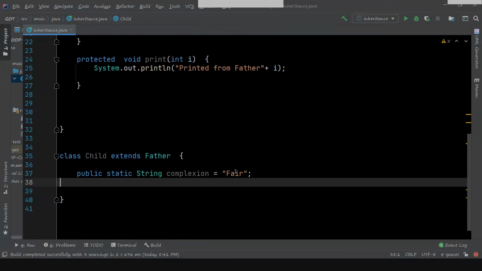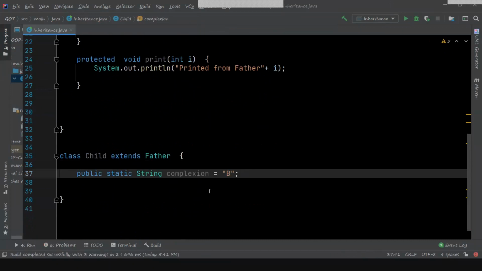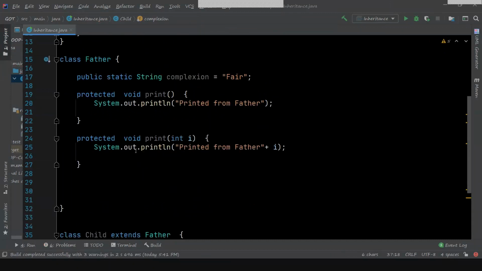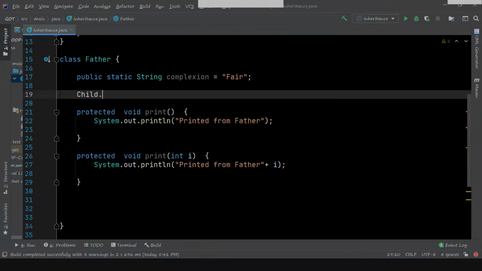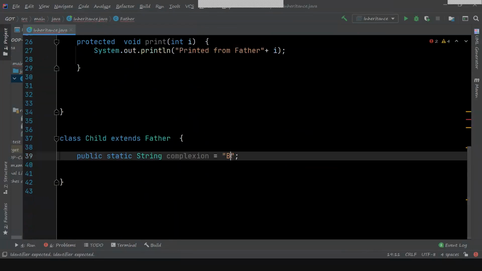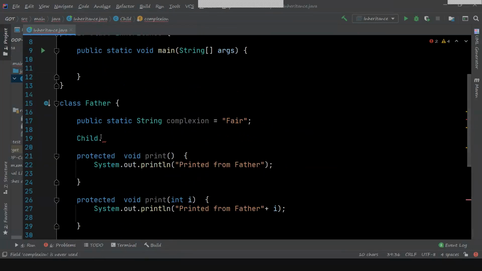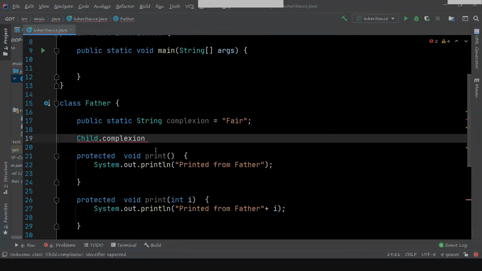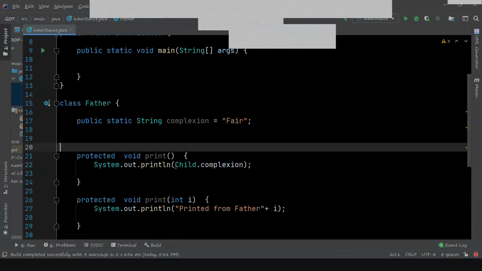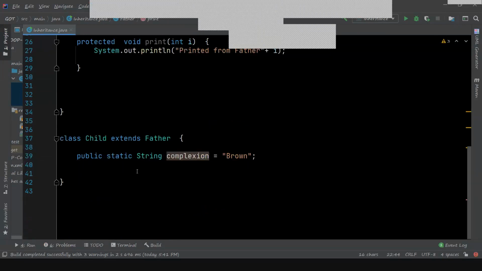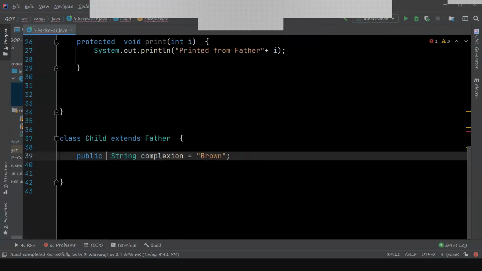Actually, no. If it is a static member, then of course the father can access it, something like child dot complexion. If it is a static member, we can access it from any class.